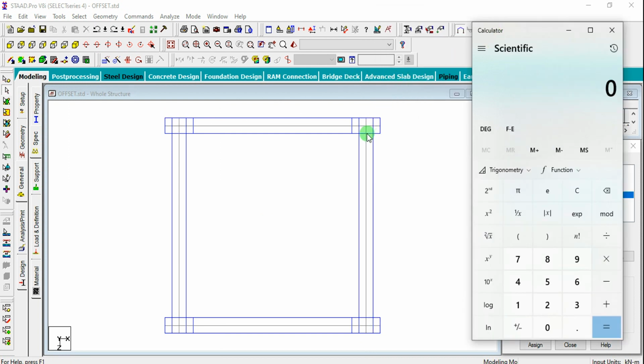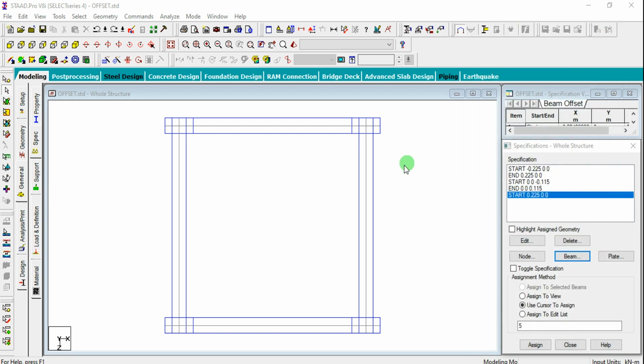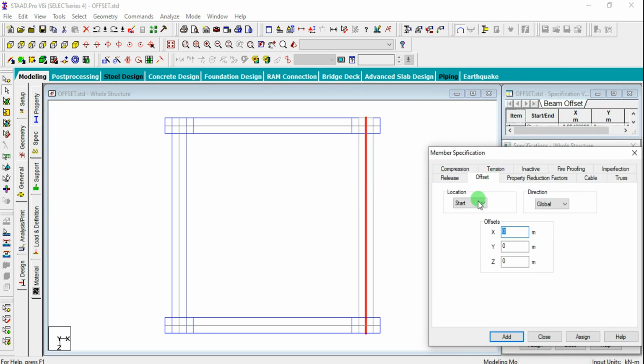From here to here it was 0.45 and we need to remove this 0.115. So 0.225 minus 0.115. So we need to provide 0.11 as the distance. Okay, so simply select this, go for the beam and click on the offset. So start, I have to provide 0.11 here and click on assign.